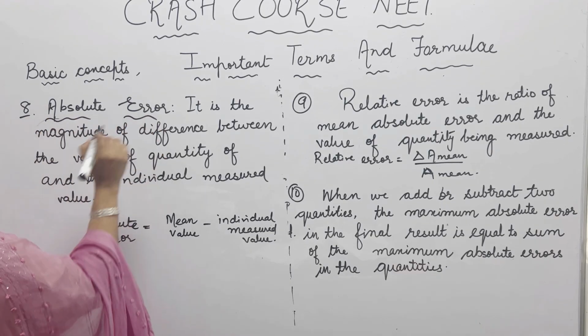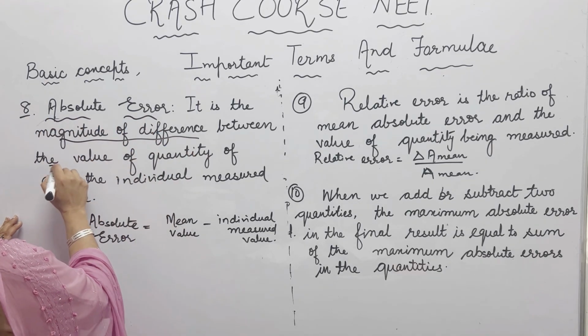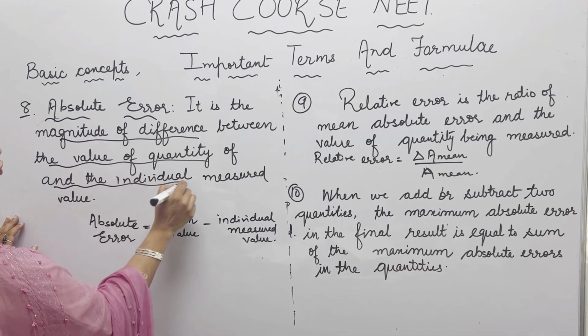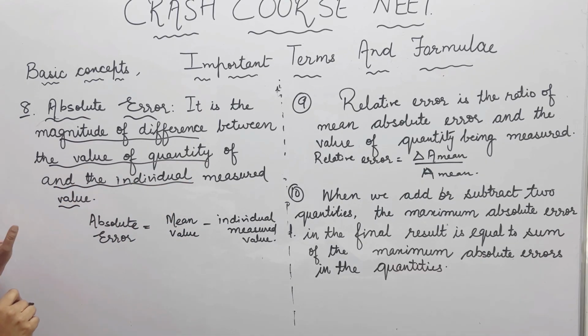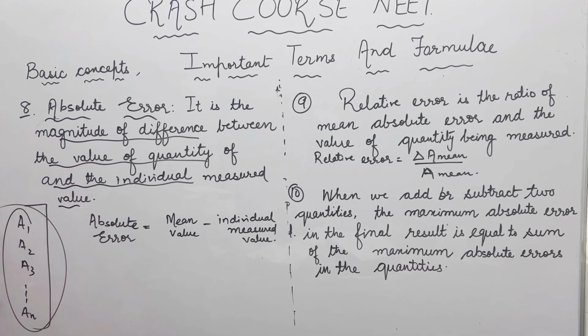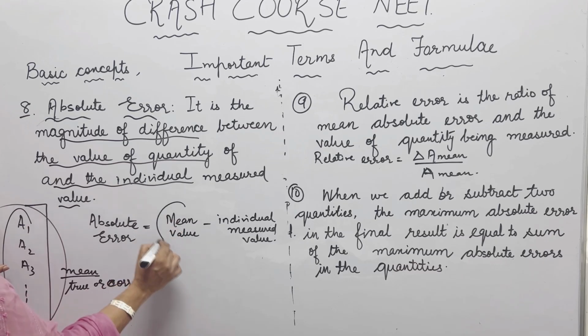Absolute error, it is the magnitude of the difference between the value of the quantity and the individual measured value. इसका मतलब ये है कि सपोज करें हमने कोई एक्सपेरिमेंट किया, उसमें A1, A2, A3 से अप टू AN, ये हमारे पास मेजर्ड वैल्यूज आई, तो हमें एब्सोल्यूट एरर निकालने के लिए क्या करना है, हम इन्हीं का ही सभी वैल्यूज का मीन ले लेते हैं और उसको हम ट्रू वैल्यू लेकर चलते हैं या करेक्ट वैल्यू लेकर चलते हैं।